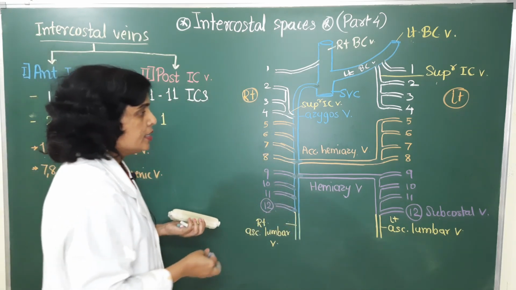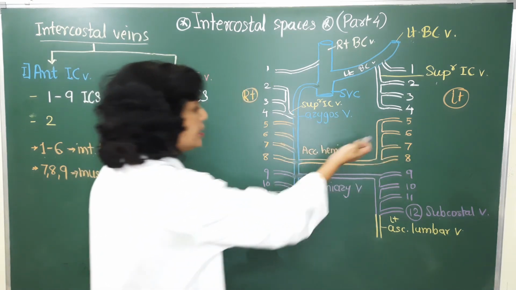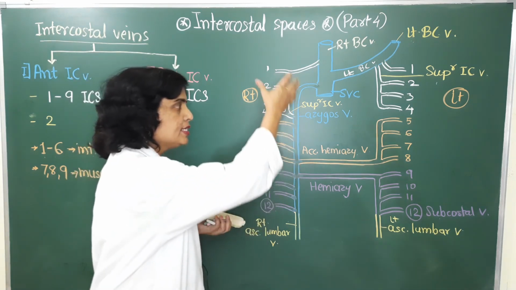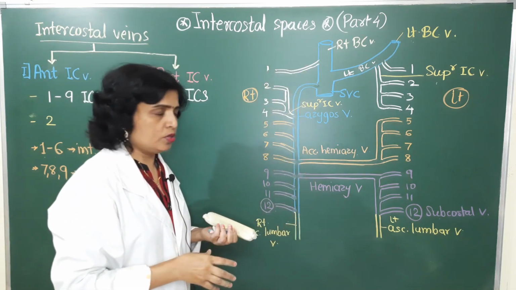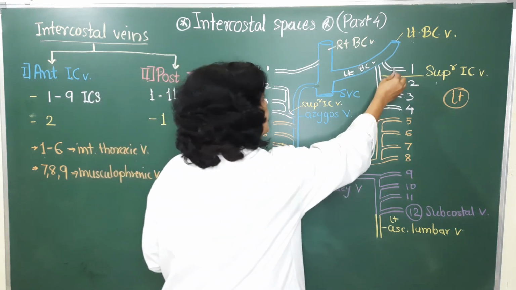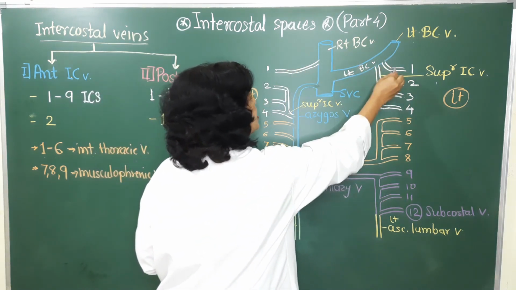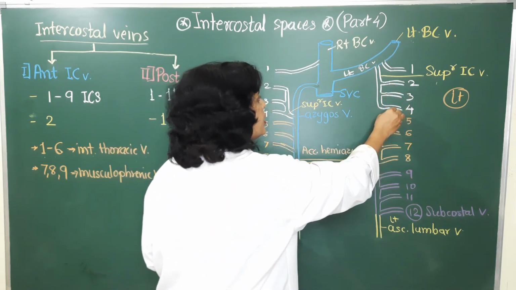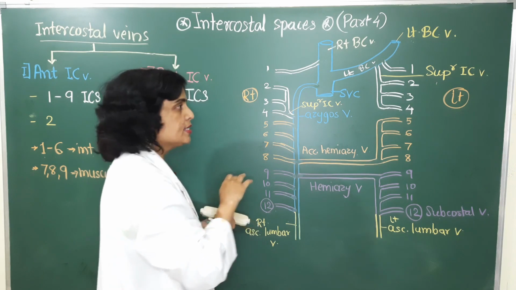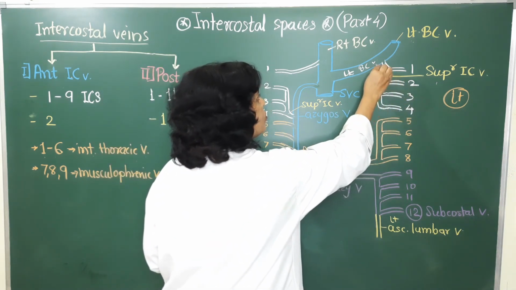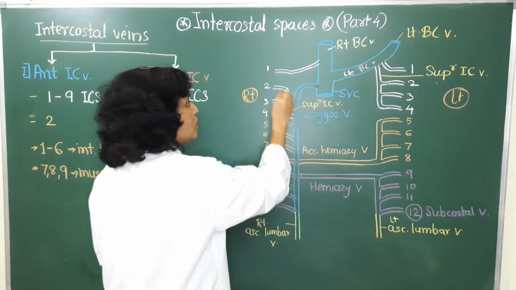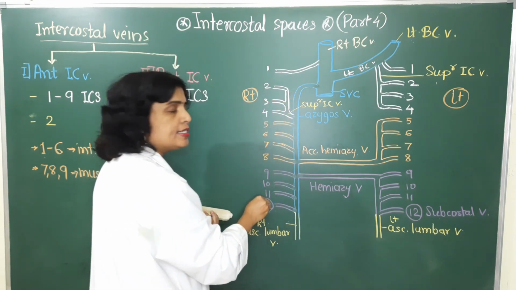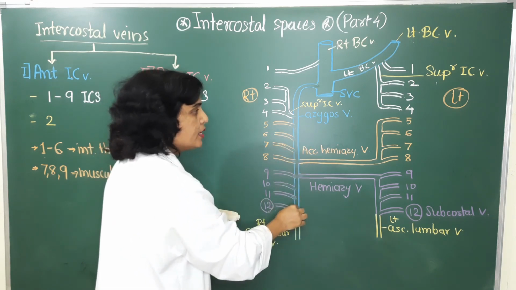Okay. Then if you see all the posterior intercostal veins, now the termination is over. These posterior intercostal veins run on the posterior wall of the thorax. The first posterior intercostal veins on both sides open in the brachiocephalic vein. Second, third, fourth unite to form the superior intercostal veins. The superior intercostal vein of the left side opens in the left brachiocephalic vein, and on the right side it opens in the azygous vein. Remaining all the veins on the right side open in the azygous vein.